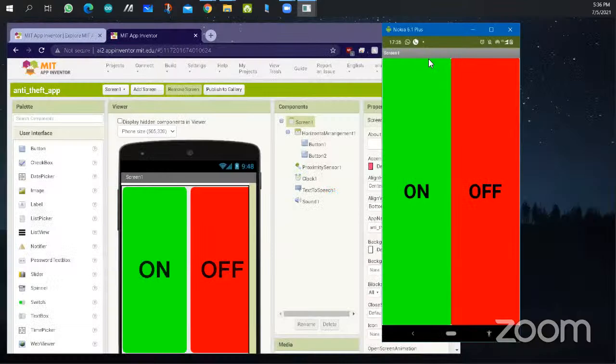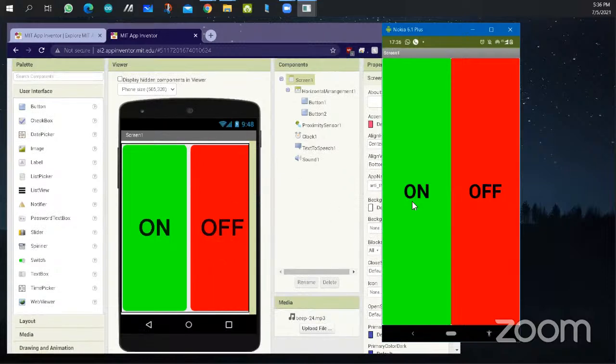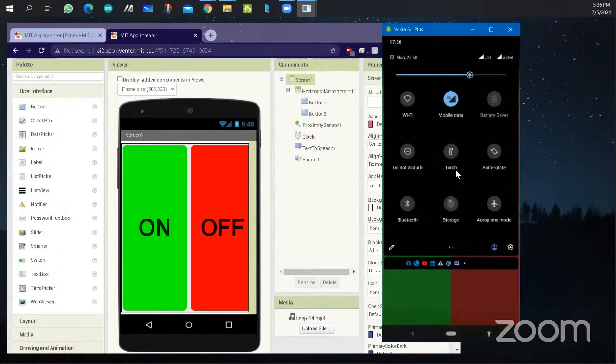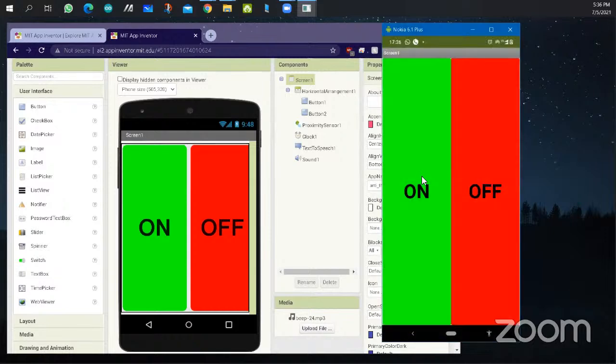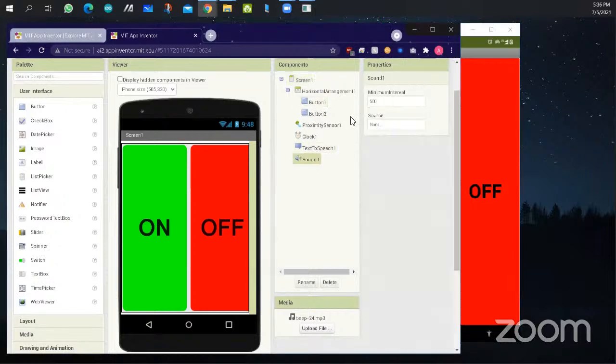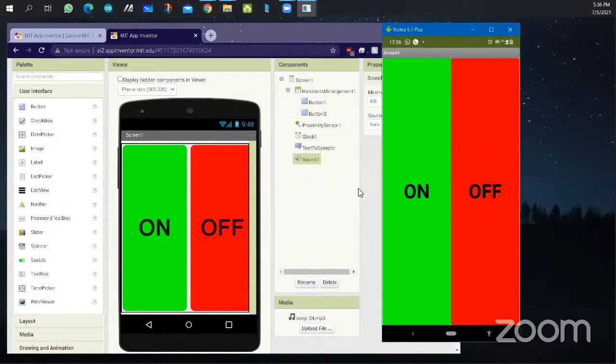Okay, so now there are two buttons, on and off, as you can see in this UI as well. So if I turn it off, we'll say protection disabled and protection enabled. So these are the sound tones that I have placed in the app so that it can say protection disabled and protection enabled. So I don't know if you guys can hear it, but when I click on